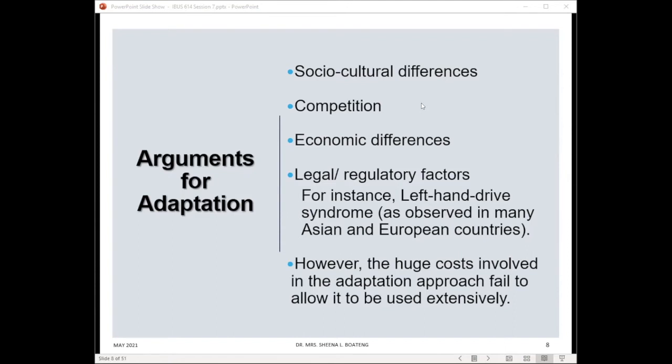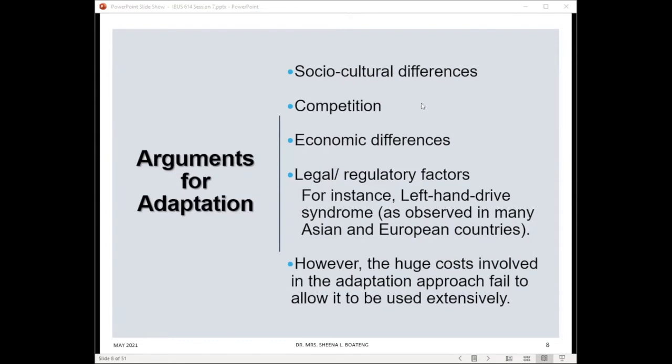It always comes at a cost, right? So because it comes at a cost, a firm has to make sure that when they choose an adaptation strategy, it is after they have done some full level of introspection to be able to understand whether the adaptation approach is the most cost-effective approach to use, given all the circumstances that they encountered when they were performing their analysis